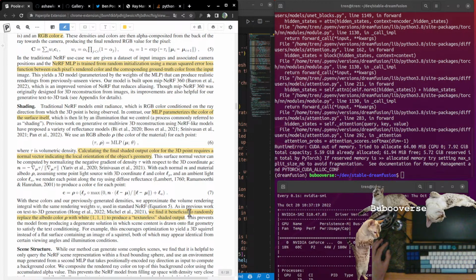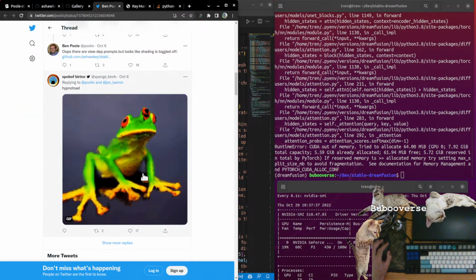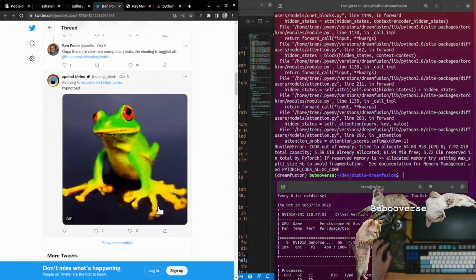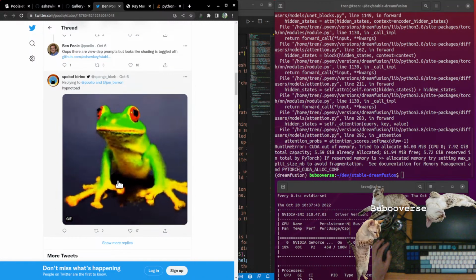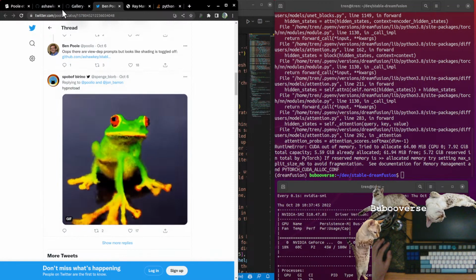We find it beneficial to randomly replace the albedo color P with white to produce a textureless shaded output. This prevents the model from producing a degenerate solution in which the scene content is drawn onto flat geometry to satisfy the text conditioning. So actually that's quite interesting, because isn't that kind of what this looks like? It looks like it's trying to render flat 2D images at just different angles. So